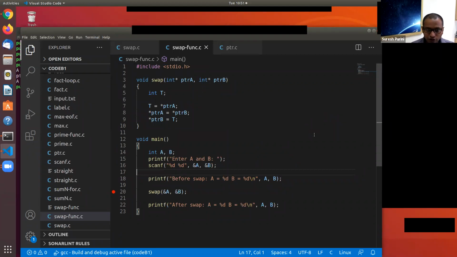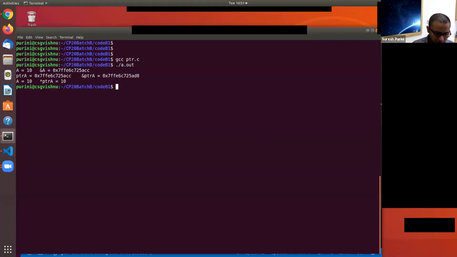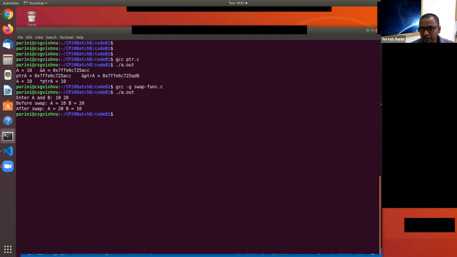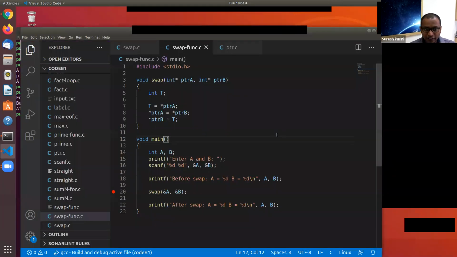We will trace through this code. Let's compile this program and we will see what happens. Now you can see the exchange is happening. So let's try to understand this program and see what is going on.